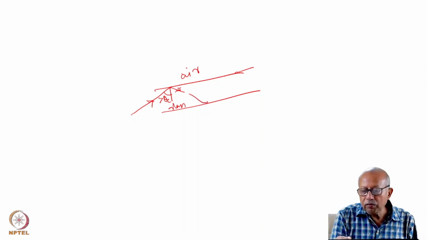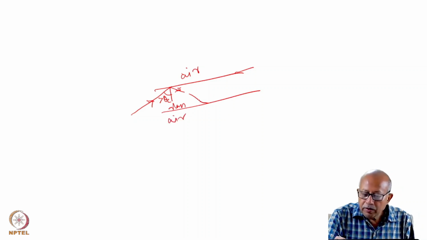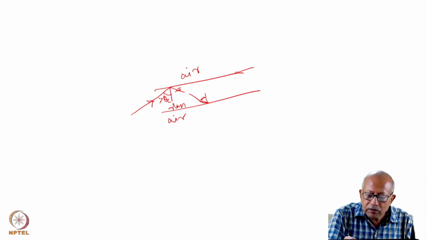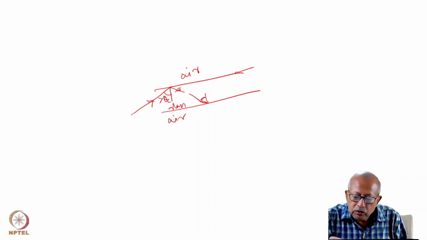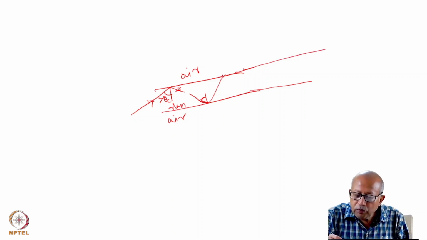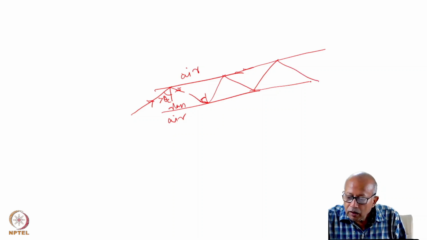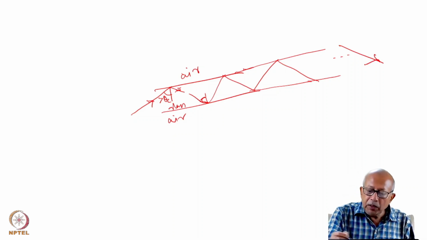strikes the other interface between the glass and air, and this angle of incidence will again be the same, that is, more than the critical angle. It will be reflected again. And it will actually travel through the fiber along such a zigzag path and eventually will reach the other end without any spillage of light through refraction.